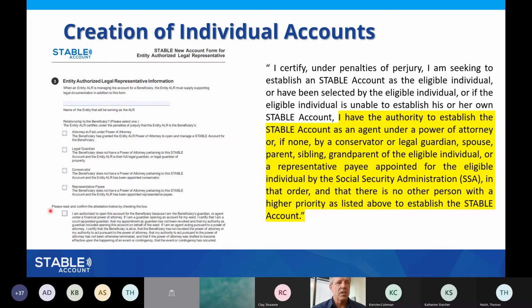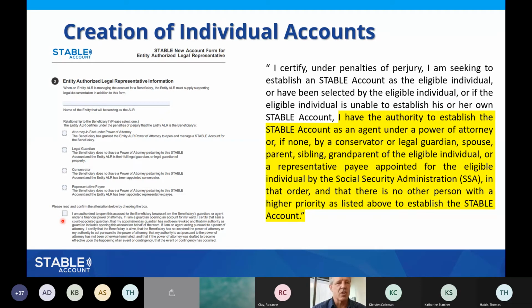Down below, you'll see there's this checkbox here, and I know the verbiage is so small on the screen that you probably can't see it, but you'll see it when you pull up the form. There is an attestation checkbox that you would need to check, and you can read over what it says, but essentially it has comments in there about just, you know, if you're a power of attorney, making sure that it's current, that you're keeping the documentation on hand.